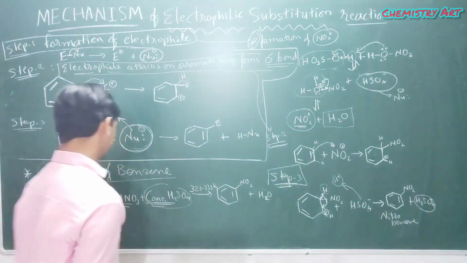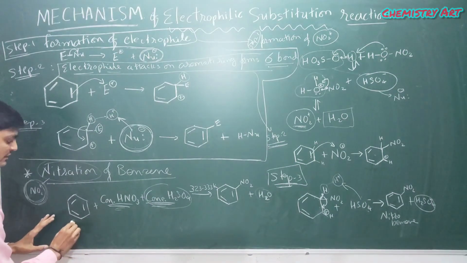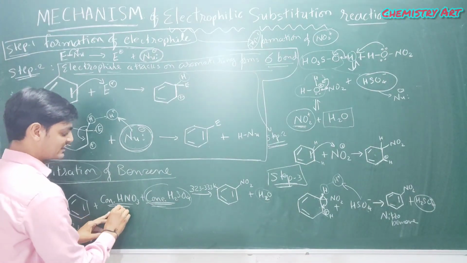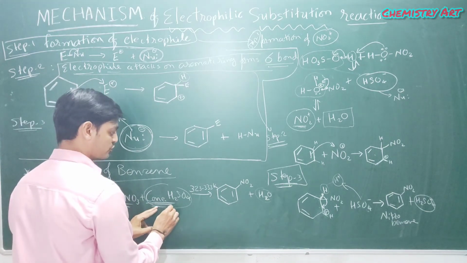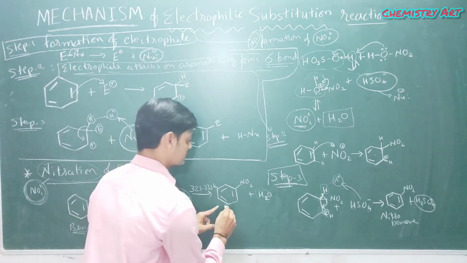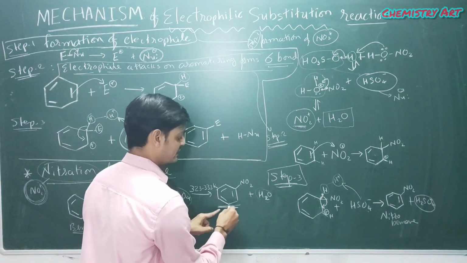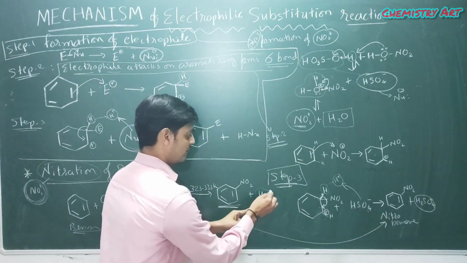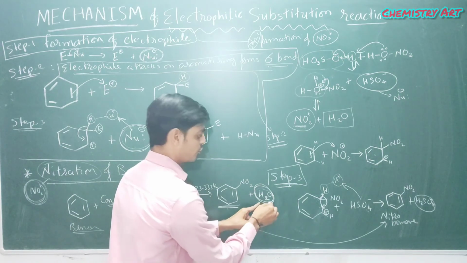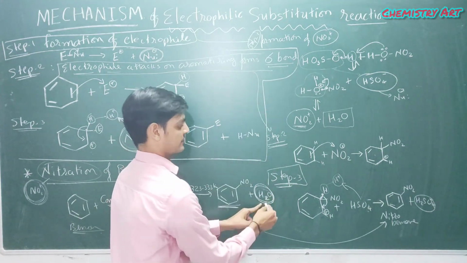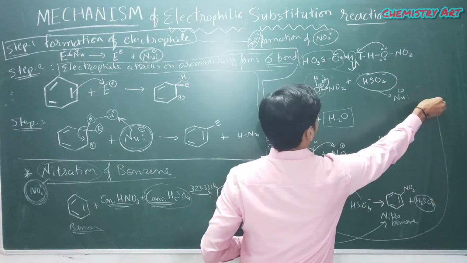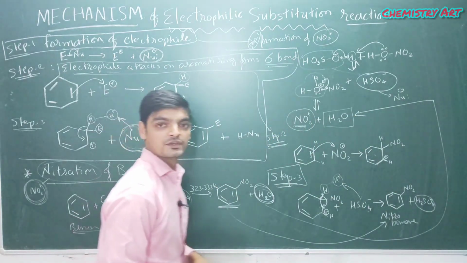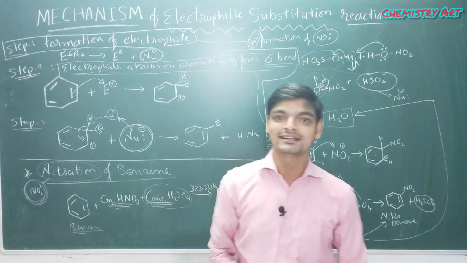So our product, this is the nitration of benzene, this is benzene, this is concentrated HNO3 nitric acid, H2SO4, and our product was this nitrobenzene. It is here, this is the nitrobenzene. And where is H2O? So H2O is removed in a very first step. Okay, here, where is it? Yes, here. Okay, so this is how the nitration is occurring.